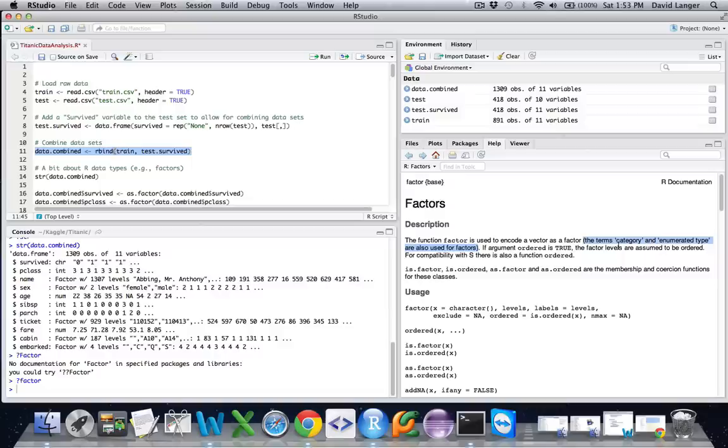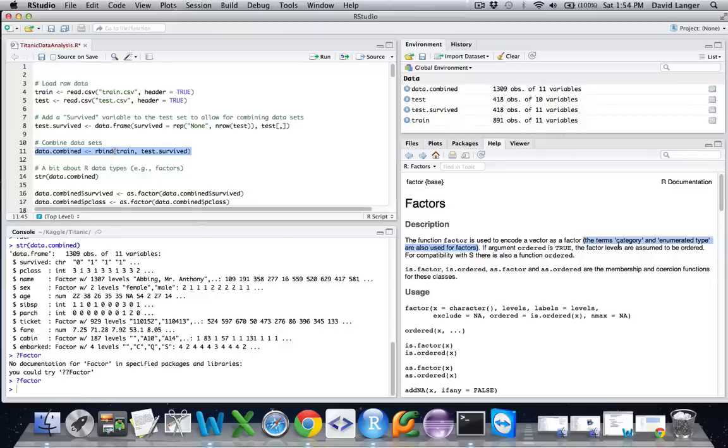Another way to think about it is factors are akin to drop-downs in a web UI. For example, if you've ever been on an e-commerce site and you had to pick your state, province, or your country of residence, usually you get a drop-down. It has a finite number of values. In the United States, primarily you'll see 50 values for the 50 states of the Union. And that's an example. So factors are a way of encoding numeric or character data into a discrete data type that then can be used as part of your data science and machine learning activities.